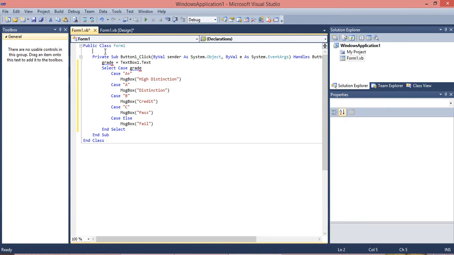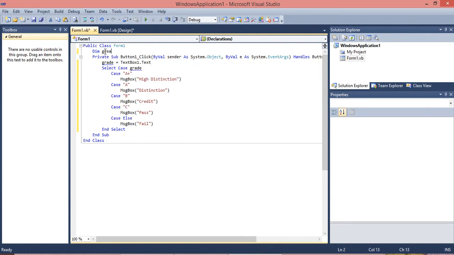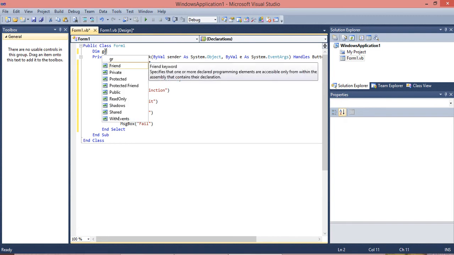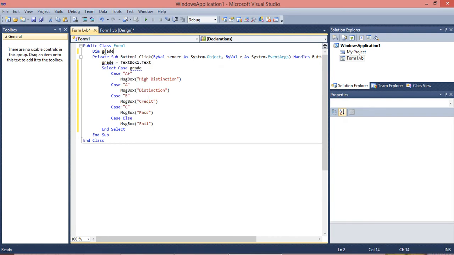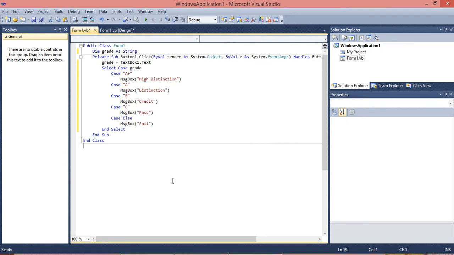Here we give Dim grade As String. Once we declare the variable, the error is not there.